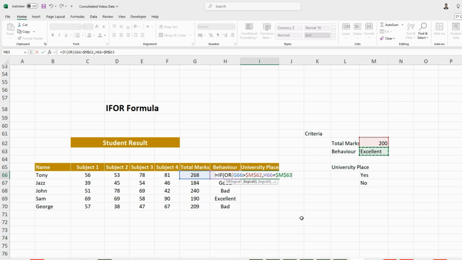Then the formula should give me the true value. So if any of the conditions, like either total marks are more than 200 or the behavior is excellent, the formula should give me the true value. Close the bracket, press comma. So it's showing me the value if true. What if any of the conditions meet? It should show Yes, this cell, F4 to fix it, then comma. Next one is if none of the conditions meet, then the formula should show No, F4 to fix it,